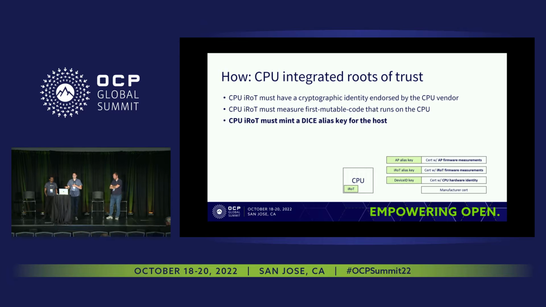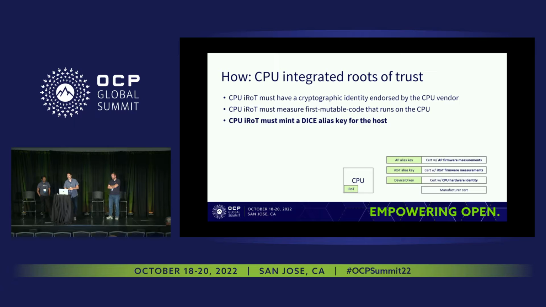So how can we get this primitive kickstarted on the CPU? DICE is a great way for doing that. A traditional DICE hierarchy might start with a universal device secret, or unique device secret, on the hardware, and that uniquely identifies the CPU. Then we can get a device ID key that we can wield on the device, and then a device ID certificate that's typically signed by a manufacturer CA